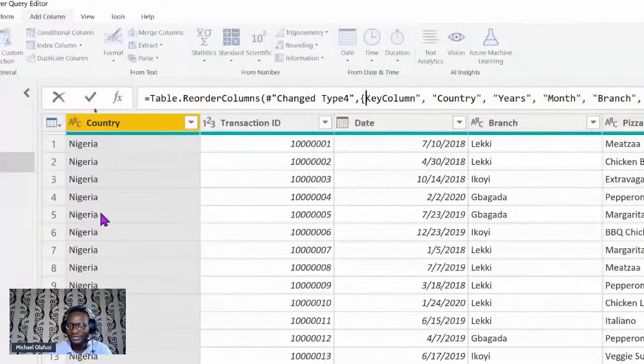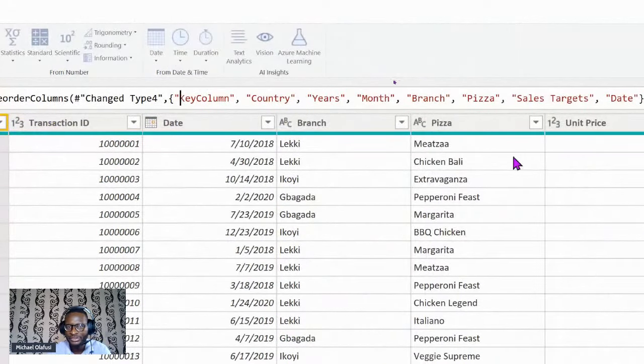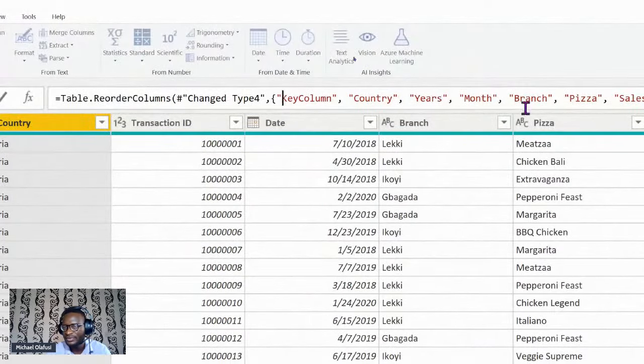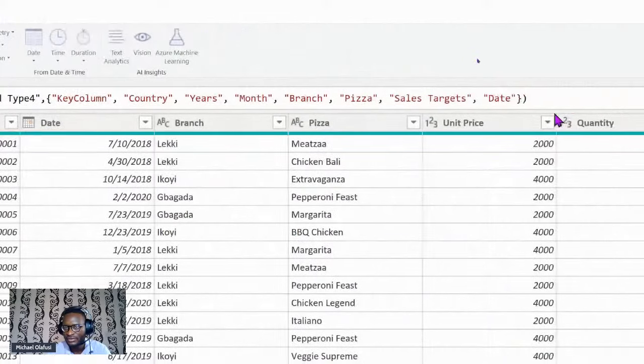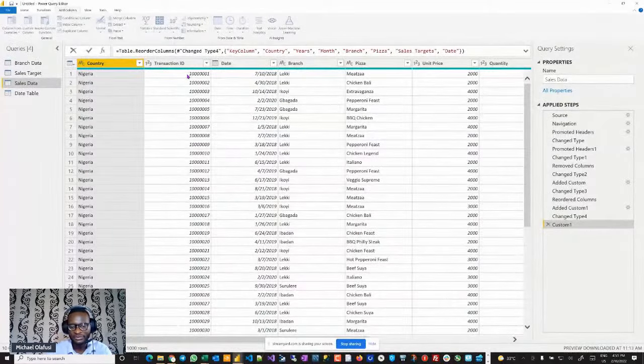So I'm going to call it a key column. And I'm going to merge, let's see, country, but then the years and month are not... whoa, this is looking weird. You know what? I'm going to Control Z, Control Z everything. I think I copied the wrong thing.